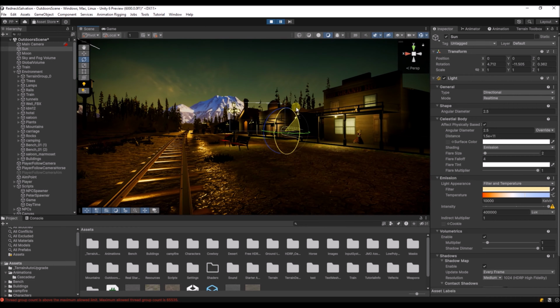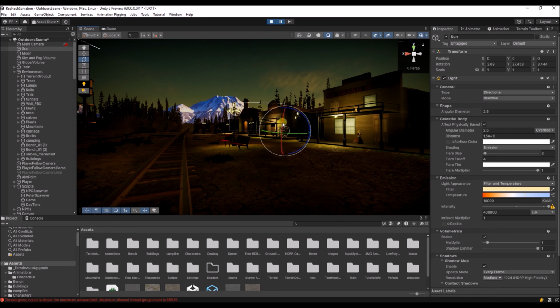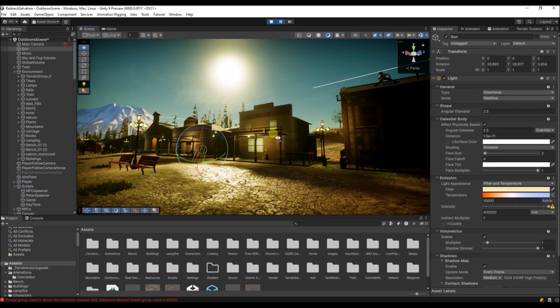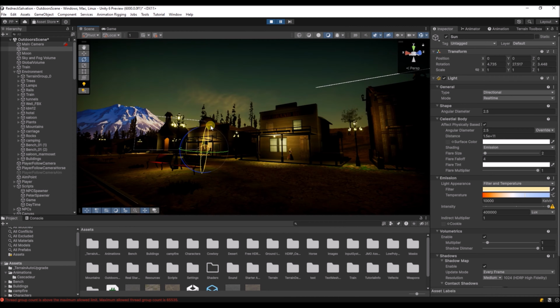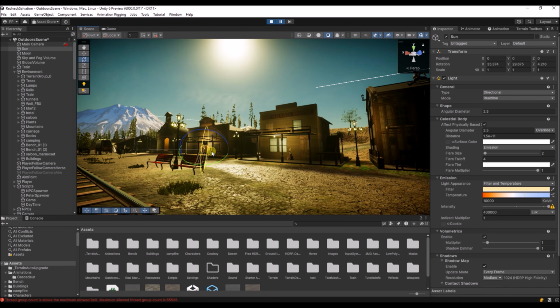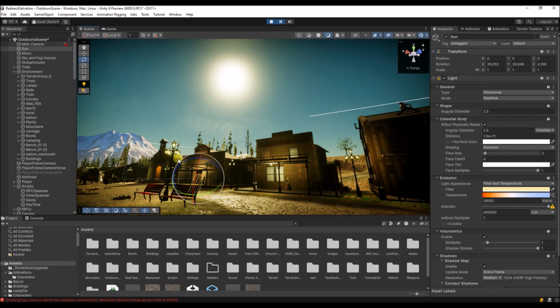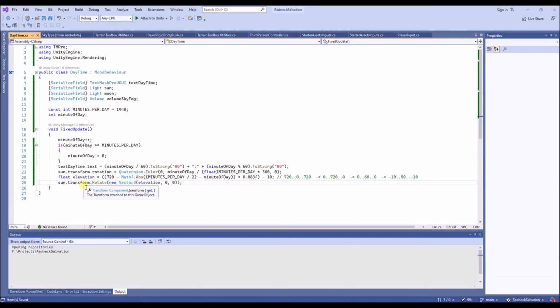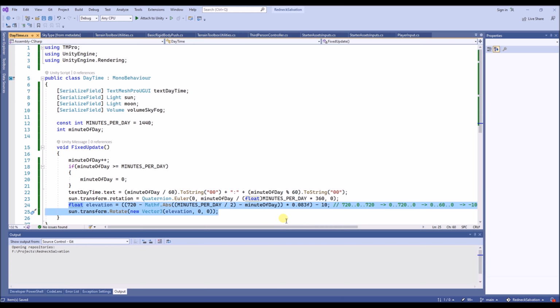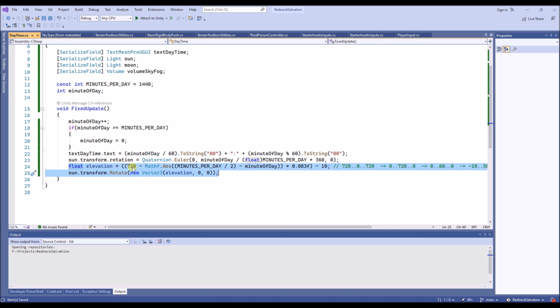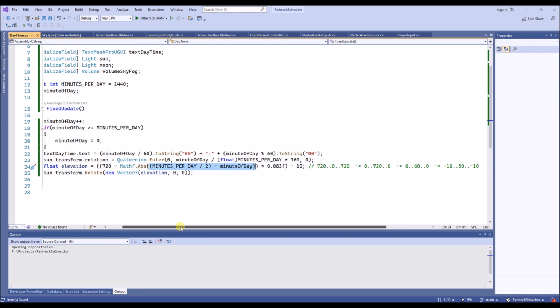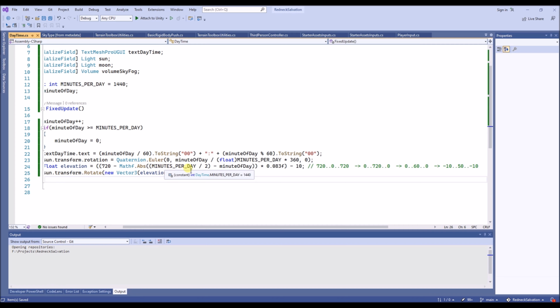What we will also need, apart from the rotating, is to incline the sun, is to have a certain elevation of the sun during the day. It will be at its highest point at noon. So let's write that into our script. So here's the extra code to calculate the elevation. So to calculate the elevation is a bit of a difficult function over here, but this is